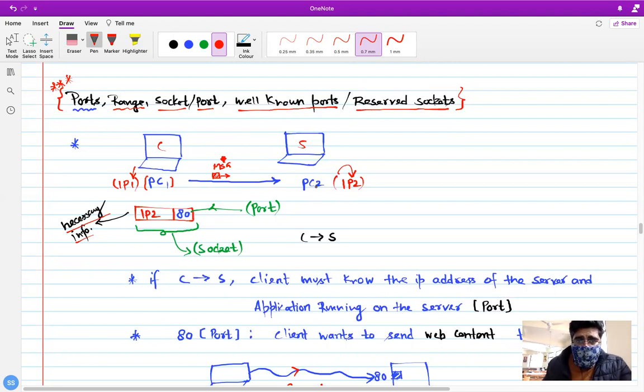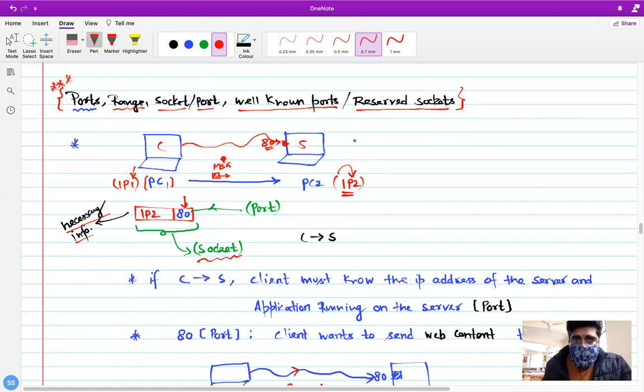First of all, the client would know the IP address of the server and also which port at the server. Let's say there is a port over here, 80. The client tries to connect with this port. So in advance, these two things would be clear if a client tries to communicate with the server. So the IP address and the port number at which the client tries to communicate, both combined, whenever we combine the IP address and the port number of the server, it is called a socket connection.